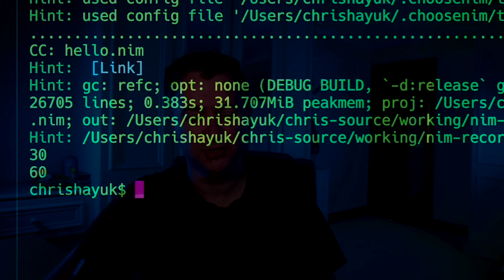So again, if I run my code one more time, you can see 30 and 60. So again, procedural overloading is completely supported within Nim. What is also really cool about Nim is that if I want to, I can forward declare my functions. So I can separate out the definition from the declaration, which again is going to be really useful in things